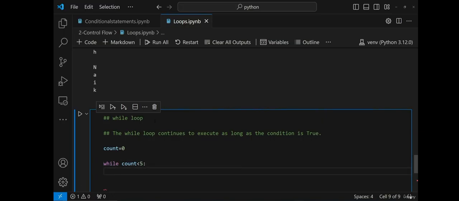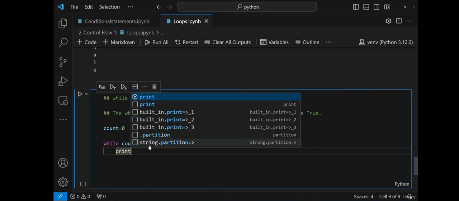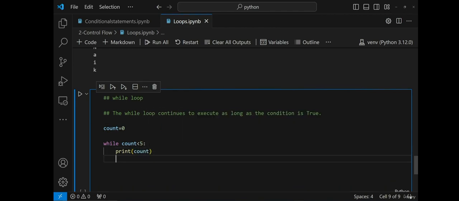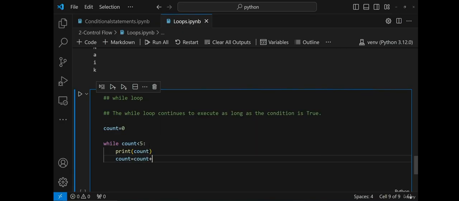Okay, and now I have gone inside my while loop. I'm putting this particular condition: unless and until this count is less than 5, just go ahead and print it. Let's say I'm going to print the count. After this, I also need to increment the count, so I will write count plus 1. So unless and until this count is less than 5, I'm going to print the count,